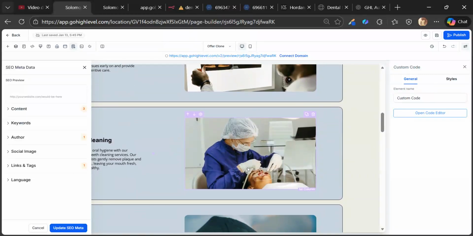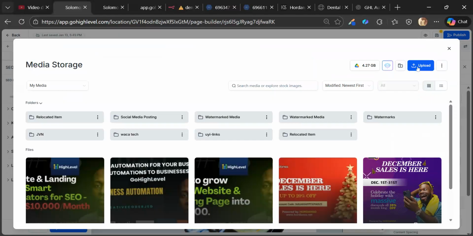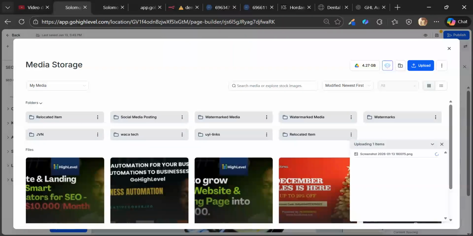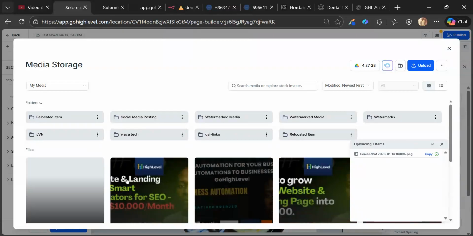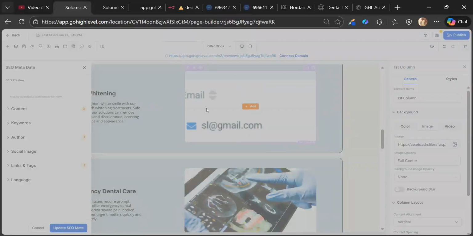So let's add the image here. So you can see this is the image. So if I try to go back,